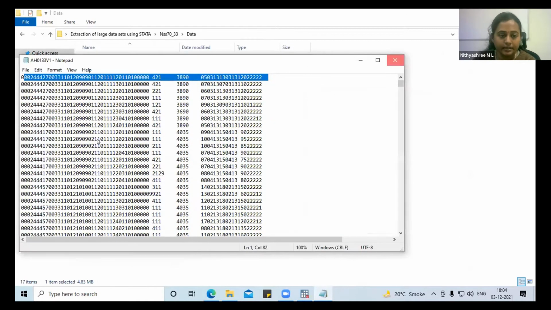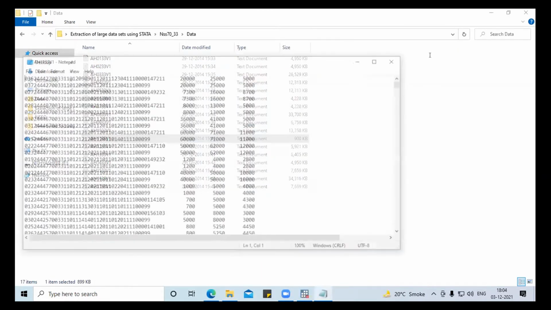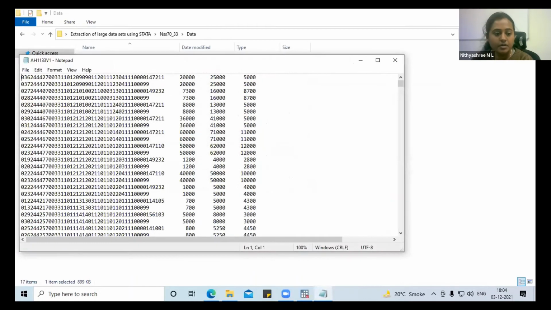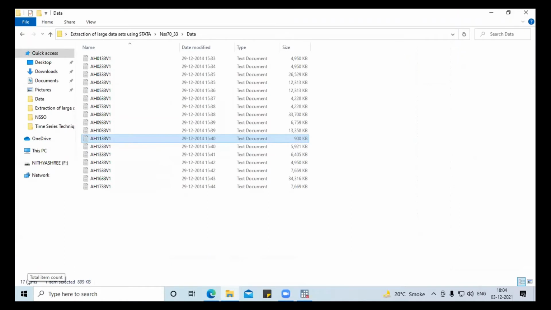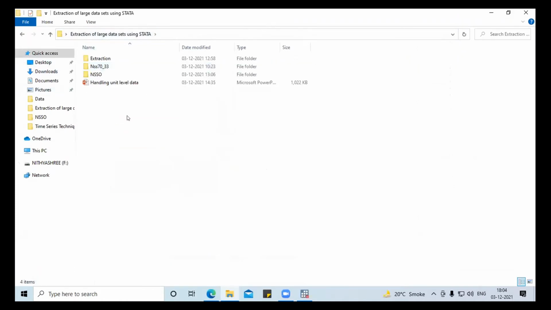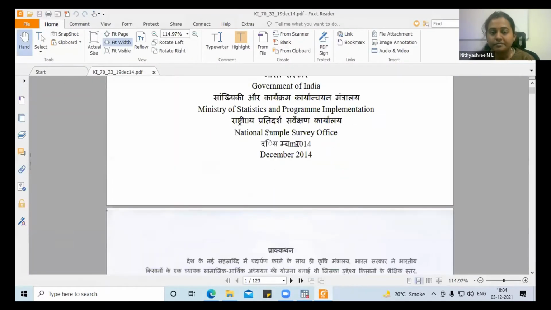Let me open any other data, okay. Similarly, you have 18 items in this particular survey, NSS 70th round, okay. And this is your key indicator, which I was talking about.